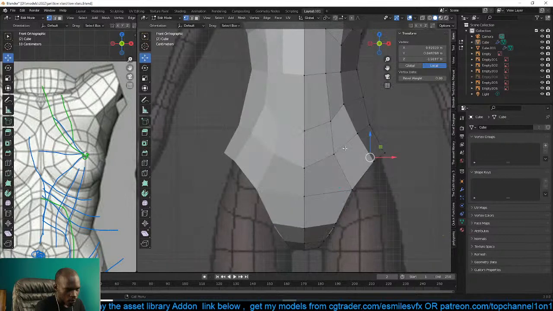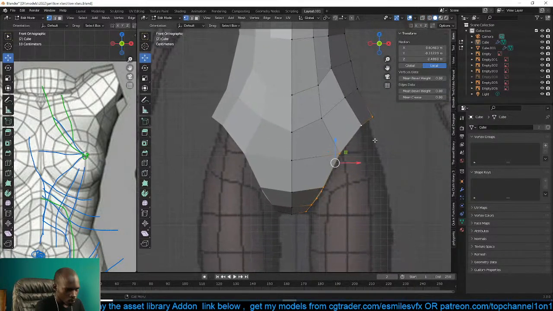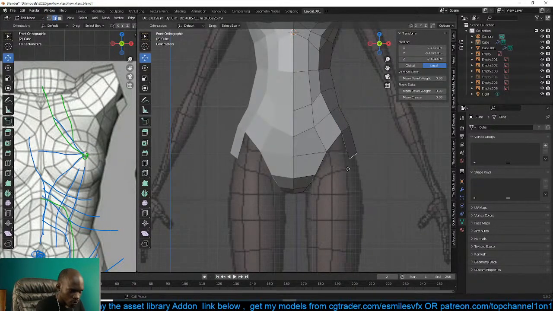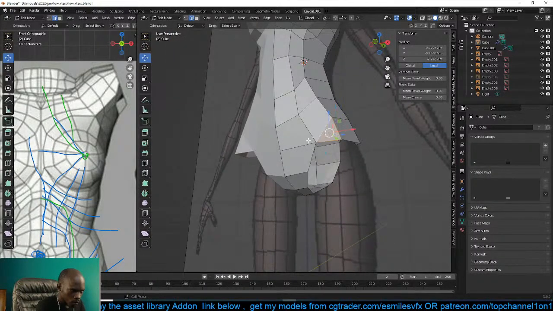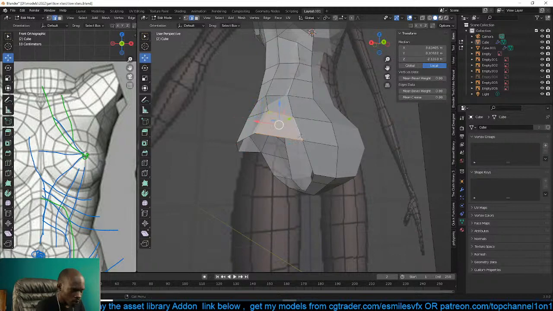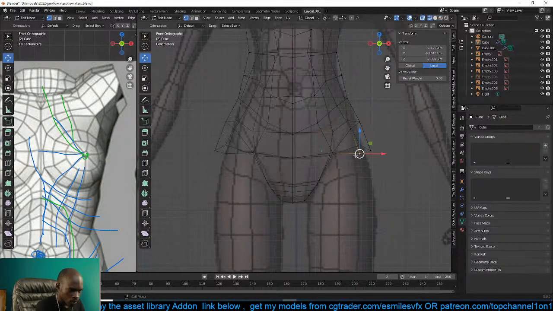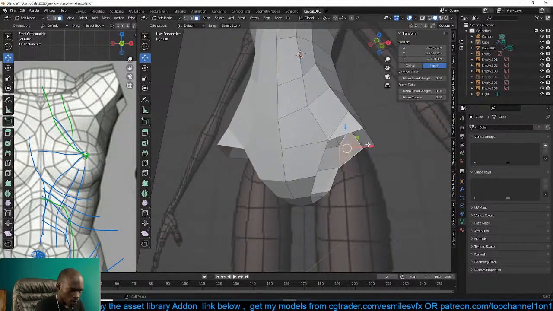Just doing that. Then just grab this edge, have it here. Just connect this and that. And grab